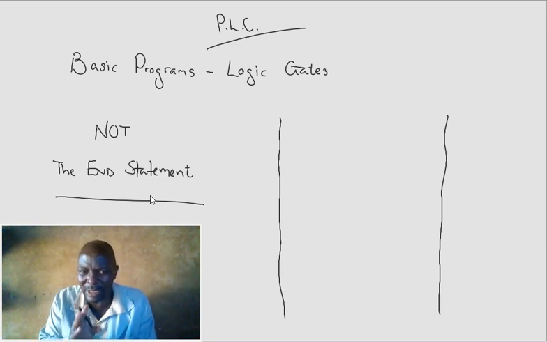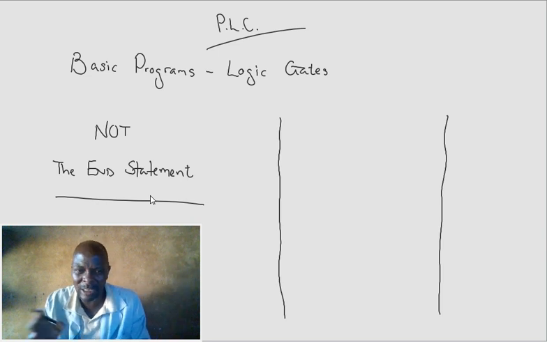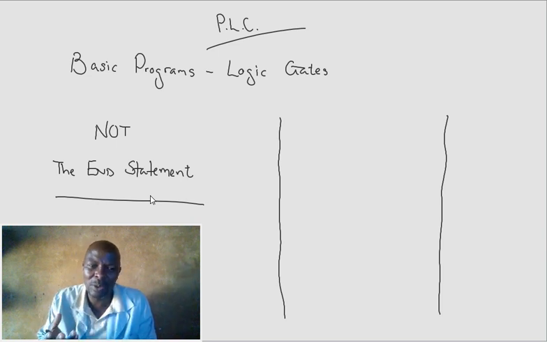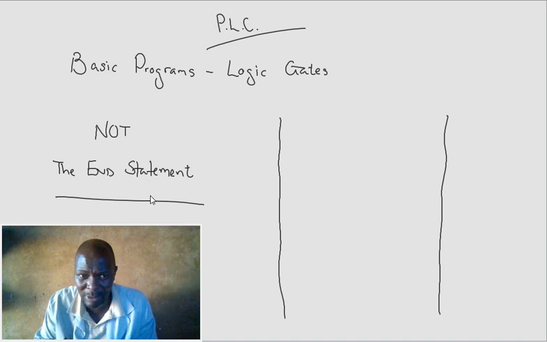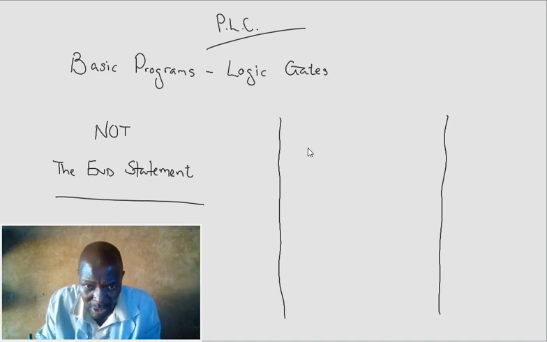Going forward, let me put the end statement so people are not confused. Like in theory situations, you still get people who insist on the end statement. So I'll include it. The end statement traditionally would tell the PLC the program is done. This is the last rung, so go back to the top. So now the NOT gate is simply